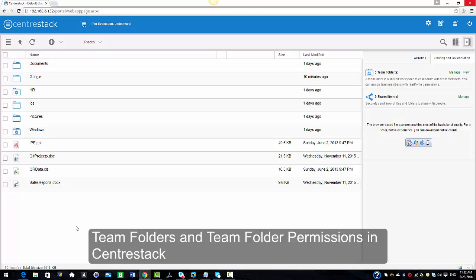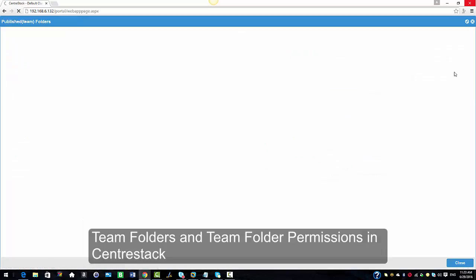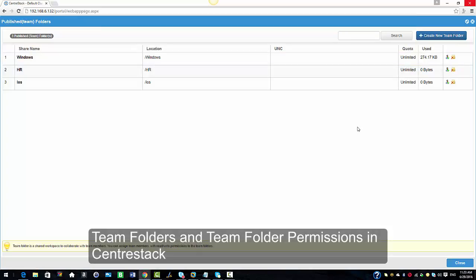I'm currently logged in as an admin in my web portal, and web portal is a place where you can create, publish, and set permissions for team folders. I'm going to go ahead and take you into the right pane where it says team folders. We have 3 team folders that are published. I'm going to click on manage to show you, and these are all the team folders that are published, and an admin can control them and take a look at all the published folders